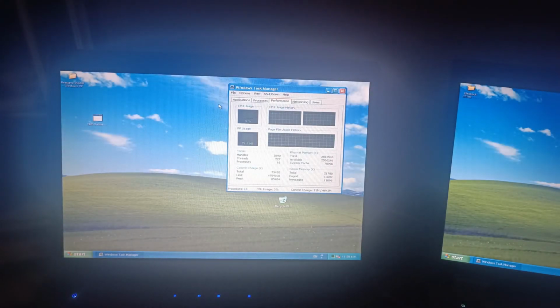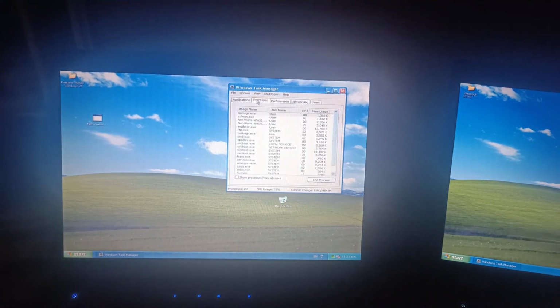So I apologize for the sort of janky filming, but I don't do these kinds of live demonstrations very often, but we will go ahead and run the worm on our computer 1 source of infection here, the Presario. It doesn't seem to do anything when you first run it, but you can see the CPU spikes to 100% briefly, and if we leave this long enough, we should see the CPU on this machine be pegged at 100% as it continues to seek out and look for computers to infect.